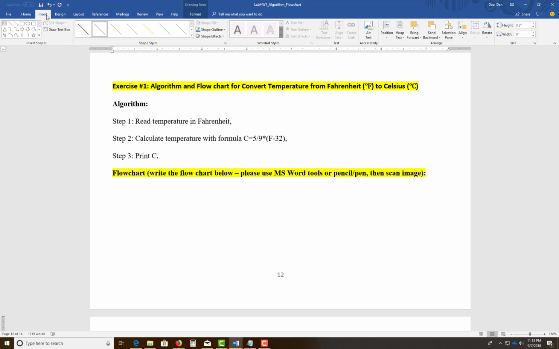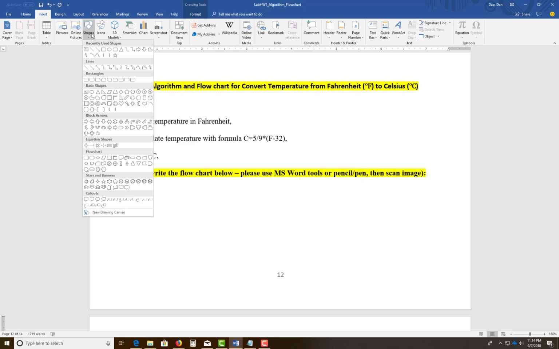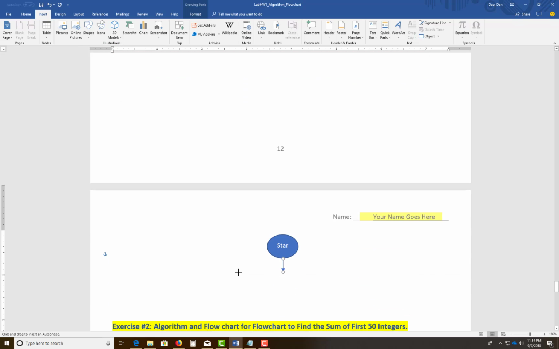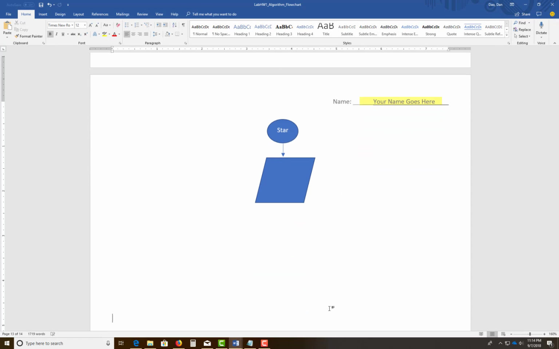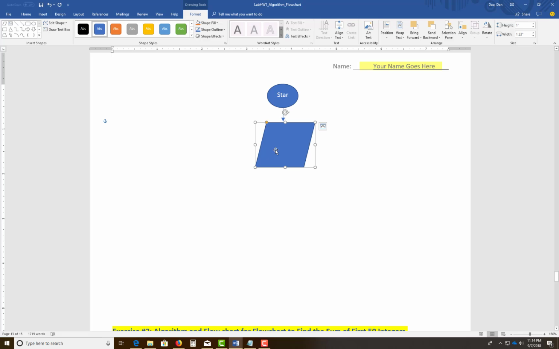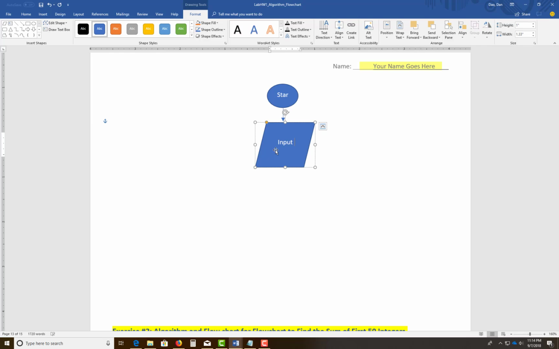So I'm just going to go back to insert. I'm going to insert some shapes here. Again, the input would need to be a rhomboid shape with it, which is this shape right here. Okay, put it in. So somewhere in here, I would actually say input Fahrenheit. Okay, so degrees. So you need to have some inputting in this end with it,